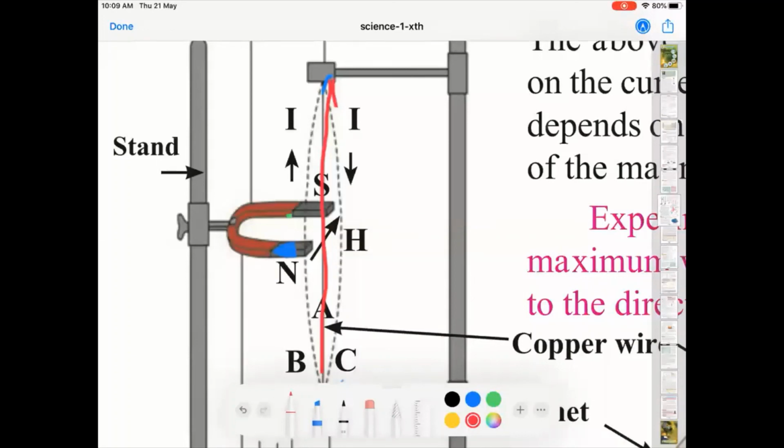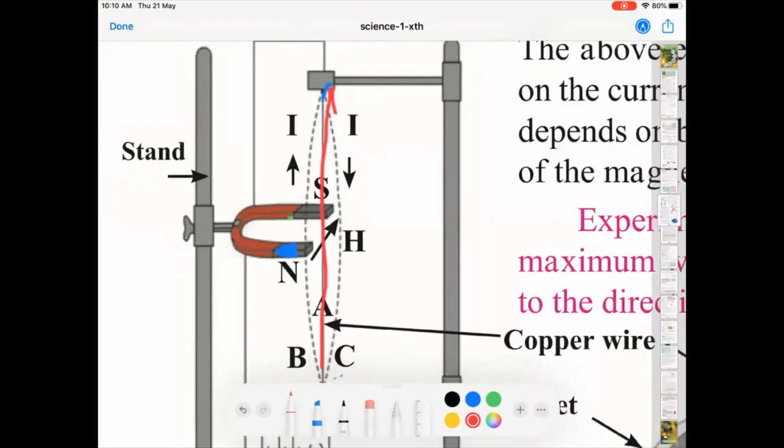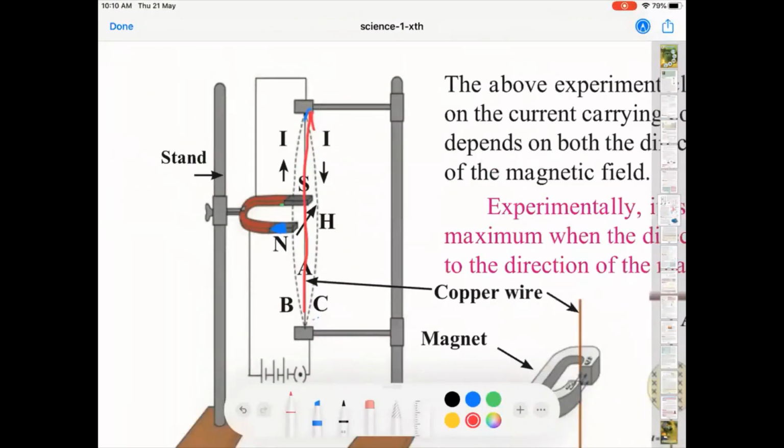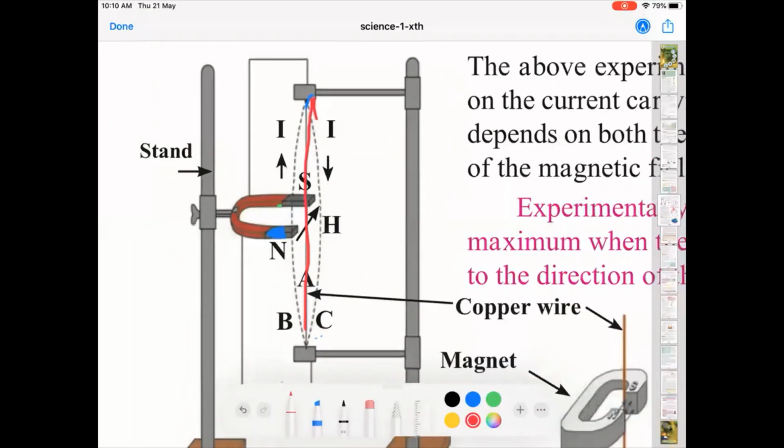So when you are passing current into the coil of a motor, that coil produces its own magnetic field. That magnetic field interacts with the already present magnetic field, and by Fleming's left hand rule we know that there will be a force acting on the conductor, and that force is responsible for the rotation of the coil. So you see, we started with this experiment which was a little bit unclear. We studied Fleming's left hand rule, we understood the motor. Now when you come back to this, it looks very easy.